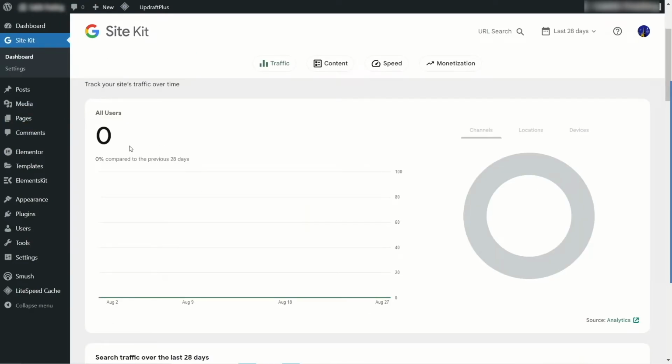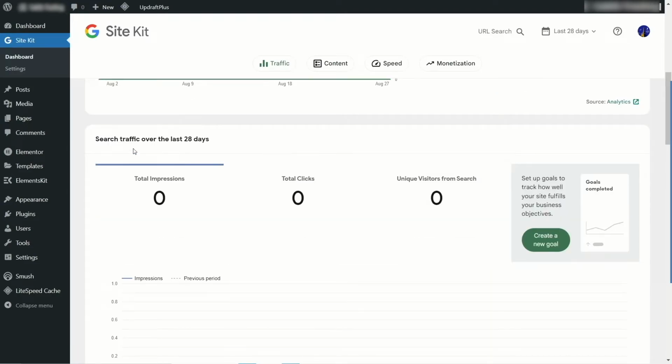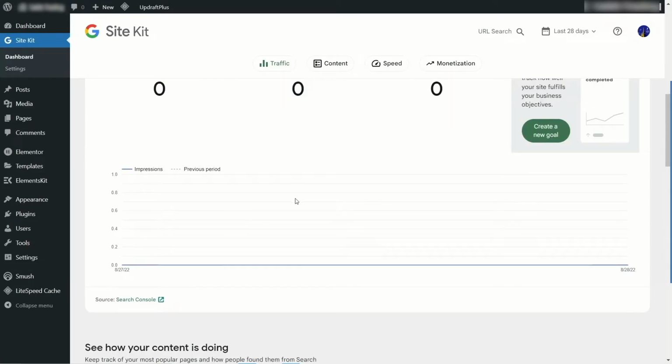You can see there are 0 users over here, and this is a graph. As visitors come to your website, you will see the graph change. It will give you the details of where your visitors are coming from, their location, their devices. You can also see the search traffic over the last 28 days, total impressions, total clicks, unique visitors from search, and you can also create a monthly goal for your website,